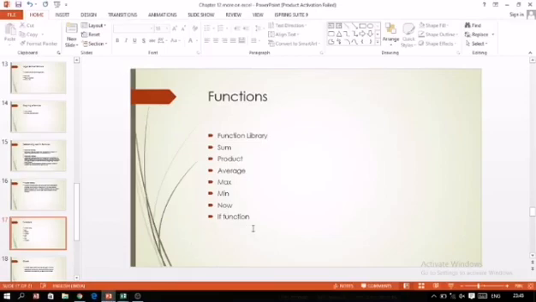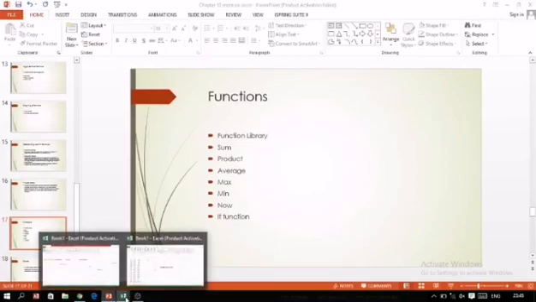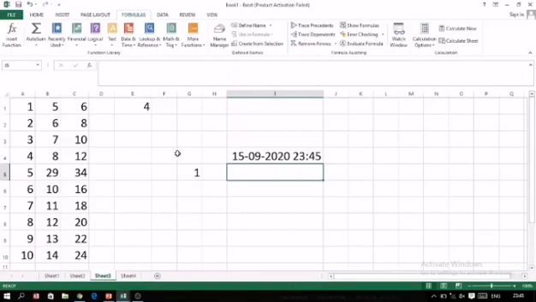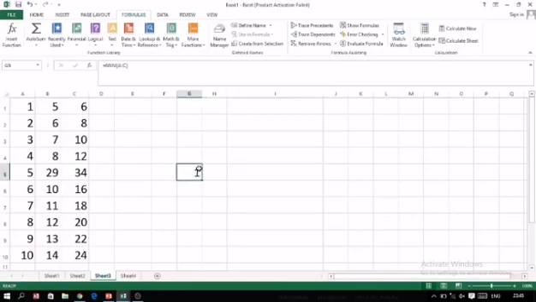Now the next is if function. That is a conditional. In this we have to give a condition. Then if the value is this, then do this, otherwise do this. So in that way it is calculated. To explain this, I am just making some changes in the values which are written over here, so you can easily understand how it works.